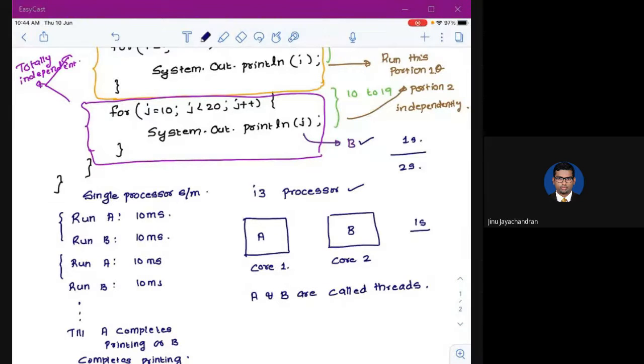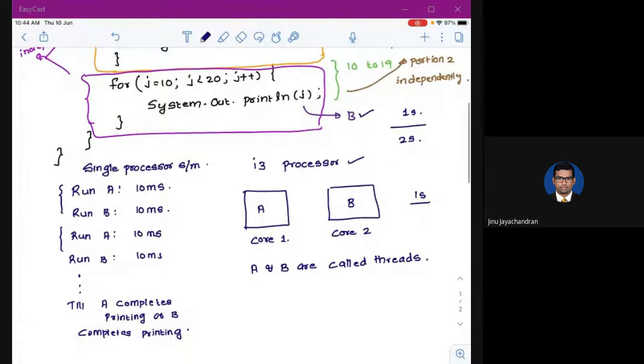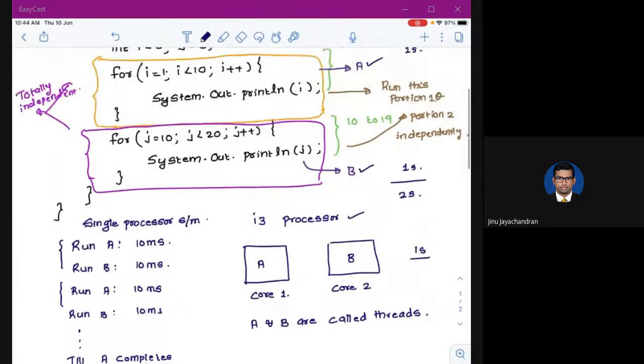So there are multiple processes in this, and each of these processes might have multiple threads. That parallel execution in your system is called threading, and from a bigger point of view, it is called multiple tasks or processes.